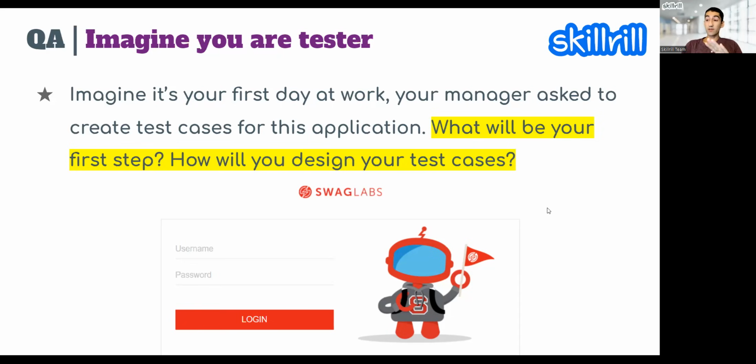A common mistake that most of the new QA testers make is they jump straight into test case design and thinking of the scenarios that they could do, and so on, without asking questions, right? So good testers start from asking questions. And your first step should be learning the product, right? Learn the product first.